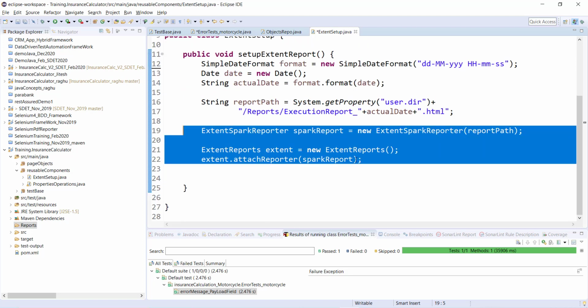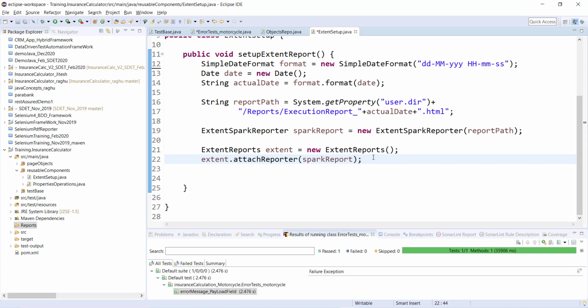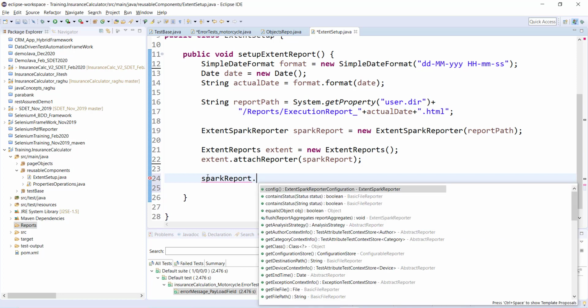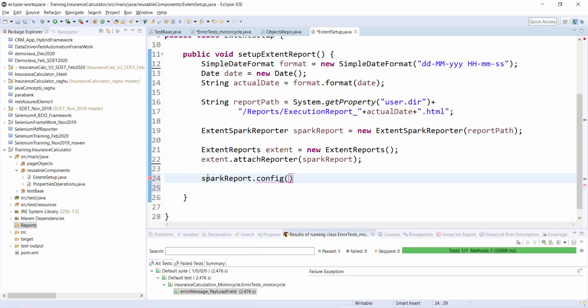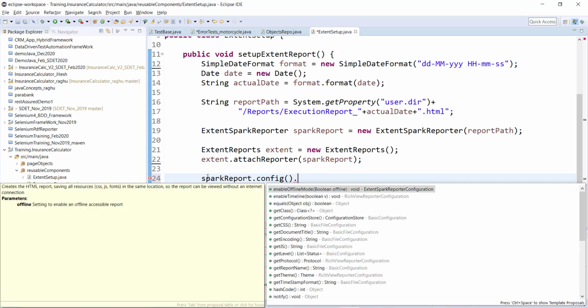Okay, for these configurations and all, you need to study the documentation a little bit. But since this is a one-time setup, you can simply do these things, or maybe copy paste them, because this is a one-time activity and this is not even related to Selenium or Java, it's some external third party libraries. So I'll do something like ExtentSparkReporter dot, there is a method called config dot, then there are some methods, for example set